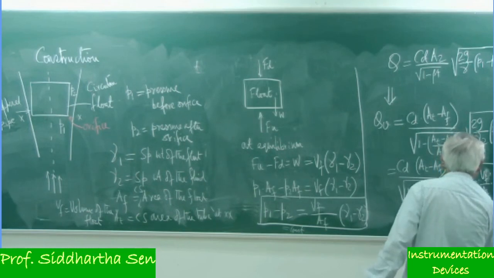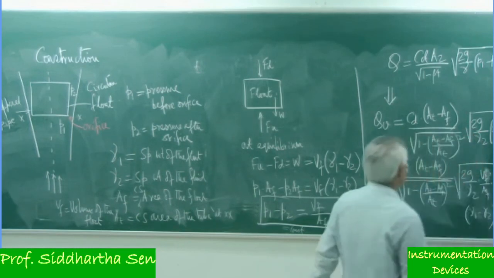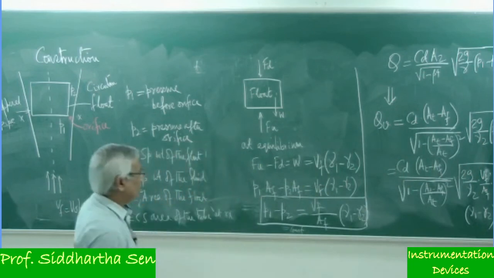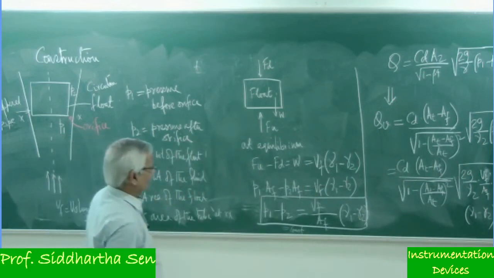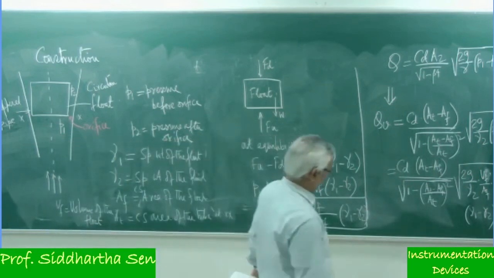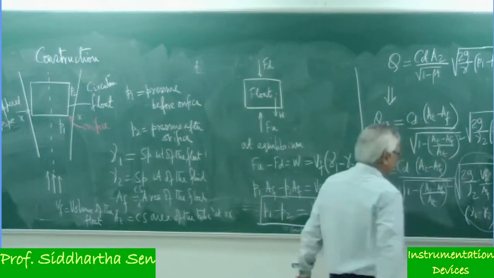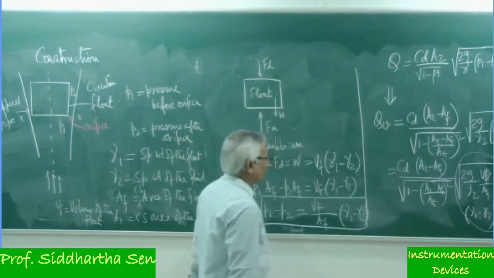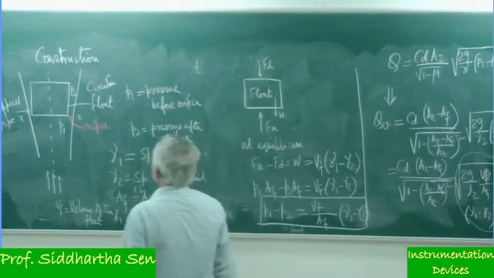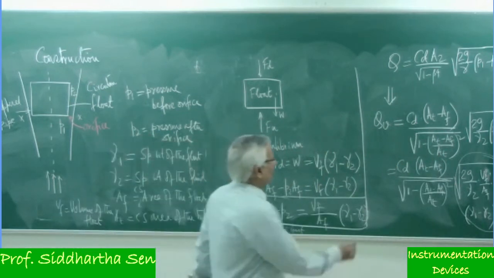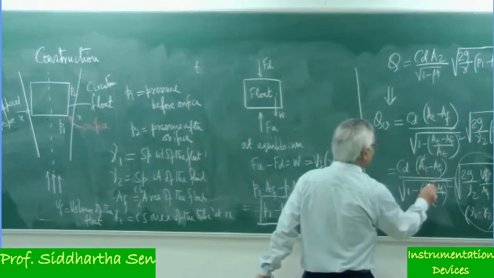Gamma 1 minus gamma 2. Okay? So you can see the pressure difference is constant. So naturally, this is always constant. What is changing is the AT,